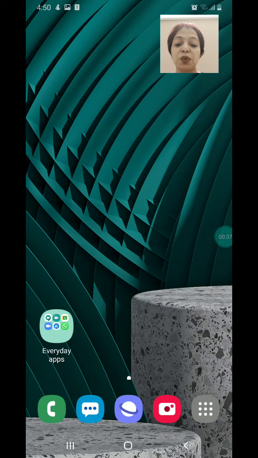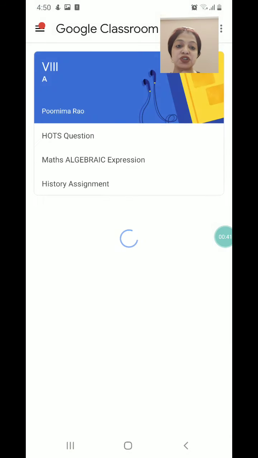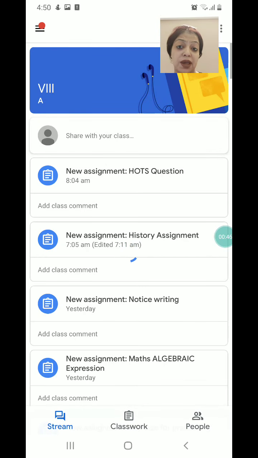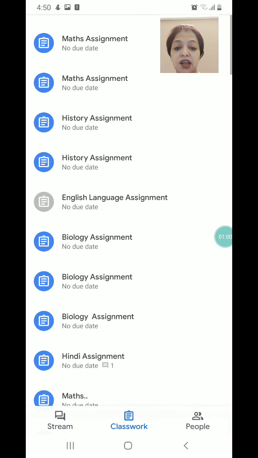So first of all, straight away we're going to go to the Google Classroom page. I've taken a student ID to log in here. If I have to go to a class, this is my class, because I have access to this class only, so I can see all my subjects and their assignments coming right here. Supposing I have to solve an assignment in computer, let's look for the classwork. There are two ways you can do it. You can do it from the stream screen, and you can also do it from the classwork screen.